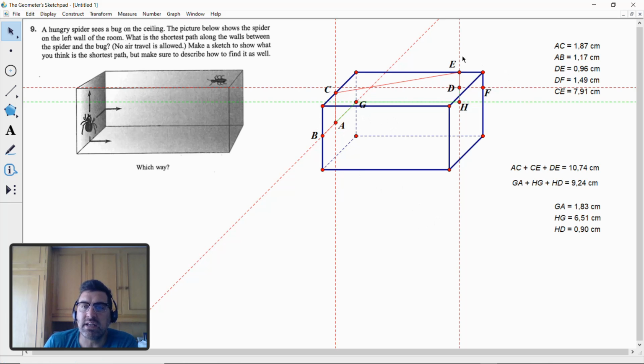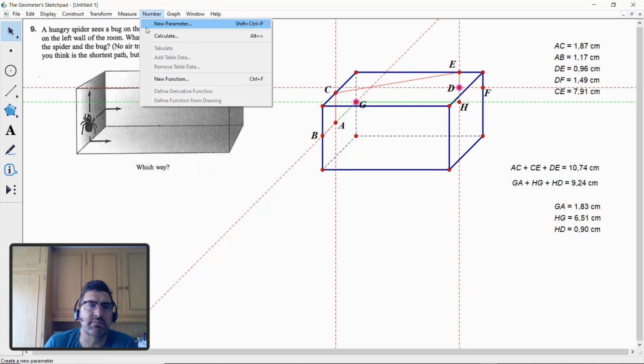The ceiling is definitely longer by the looks of it, because here you go up the wall, and then you're on the same wall, you just need to walk up. Now remember, the sum of these two is going to be more, the triangle inequality. The sum of these two sides is going to be further than if he had just walked straight to D in a diagonal for this little triangle. So let's measure